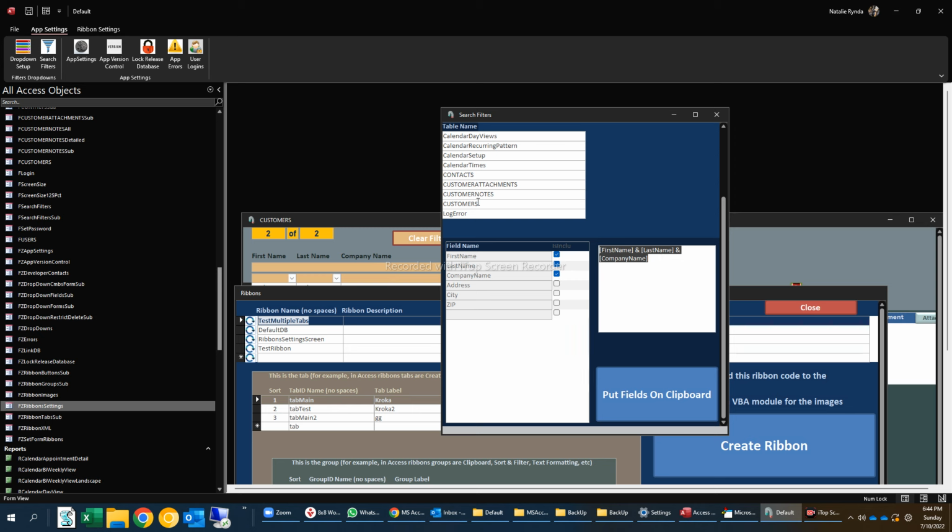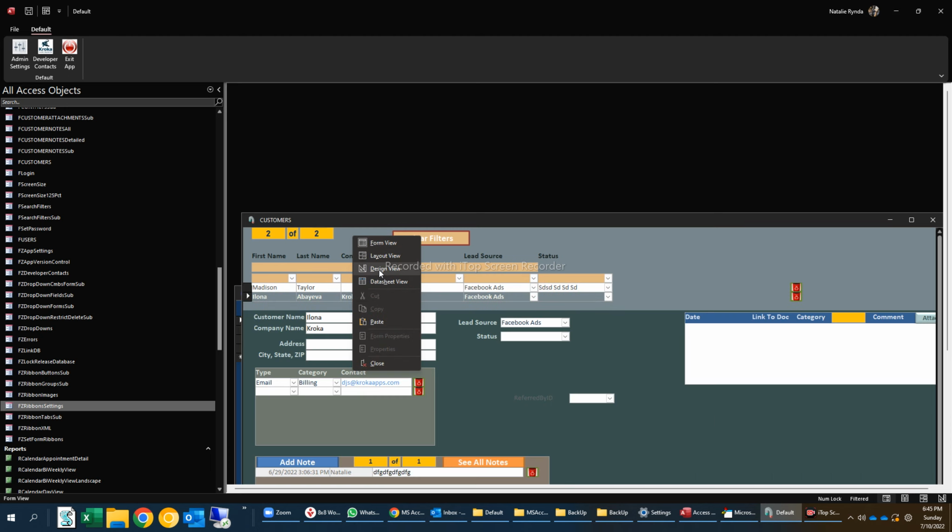But let me see if I have another good table. I don't. These are all not a real app, but I don't have any good setups except this one. But okay, let's say I wanted to also search the address and city for some reason. So now I have this. I copied it here and I also put it on my clipboard. So I go into the design